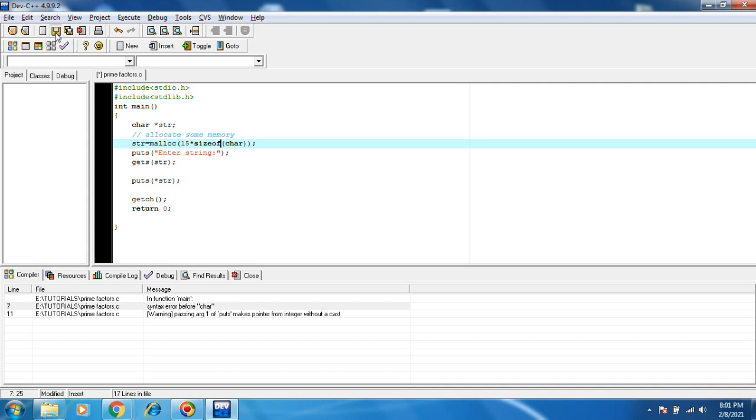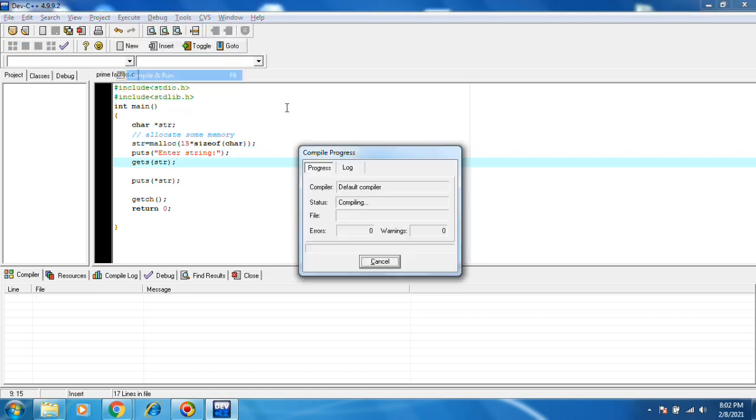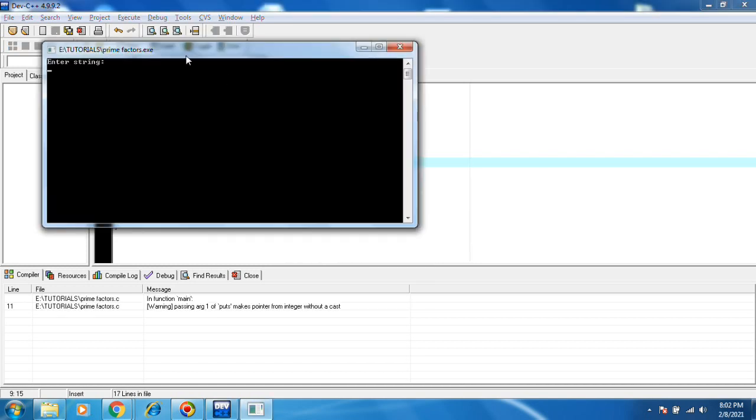That's why it is not working. Enter string.